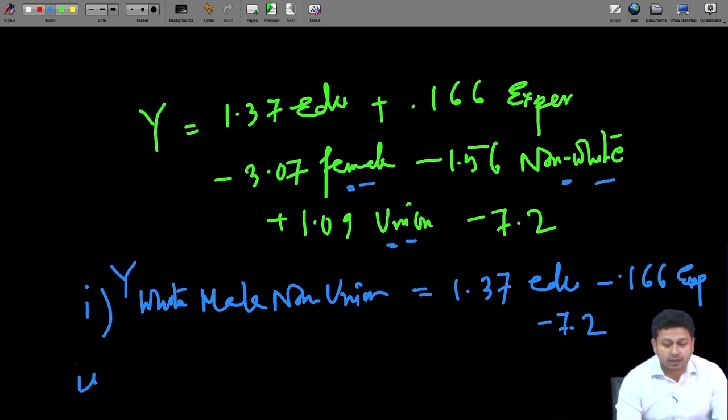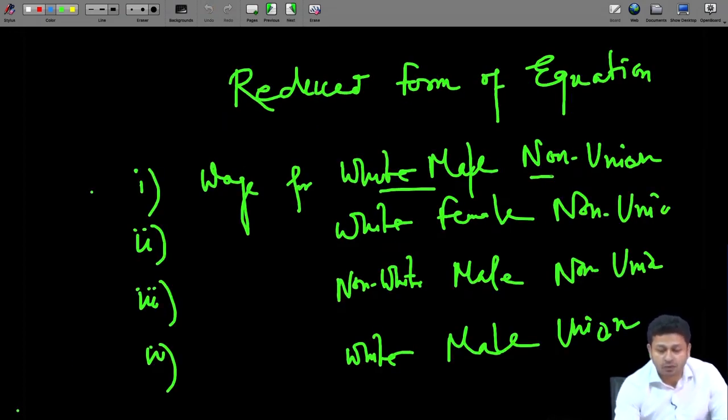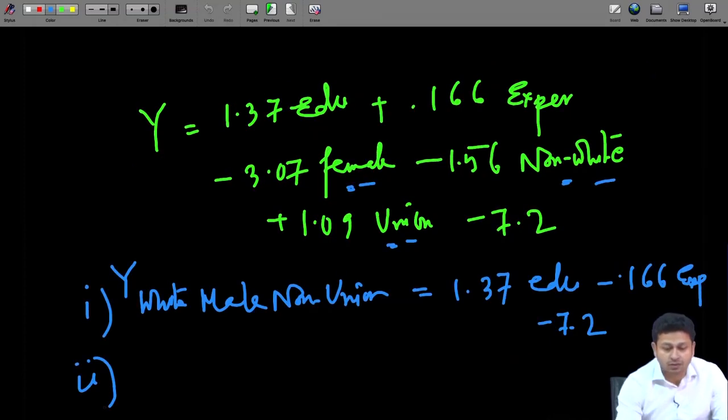If I want to go for the second case, where the only change from the first equation to the second equation is from male to female, all I have to do is this: when it is female, my union is going to be 0 and my non-white is going to be 0. The only value I'll have is for female, so I'll put 1 for female. So the y, let's say y white female